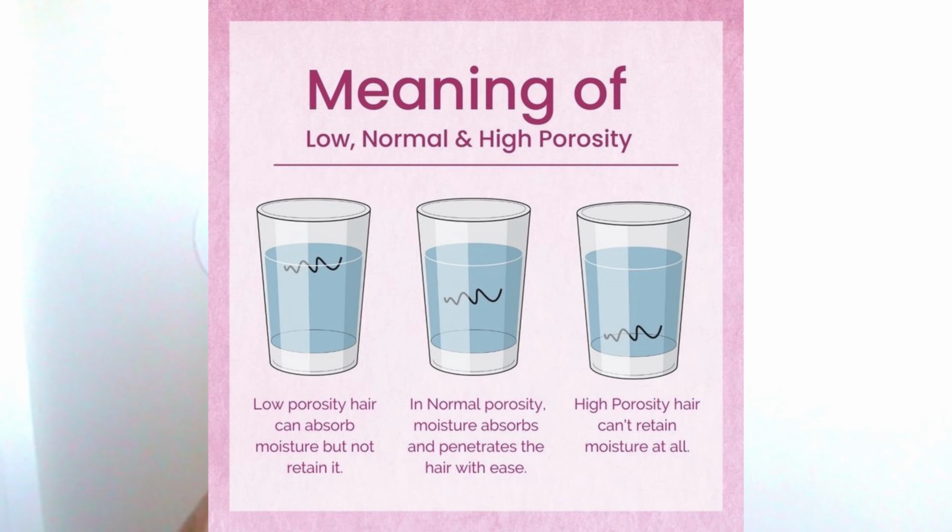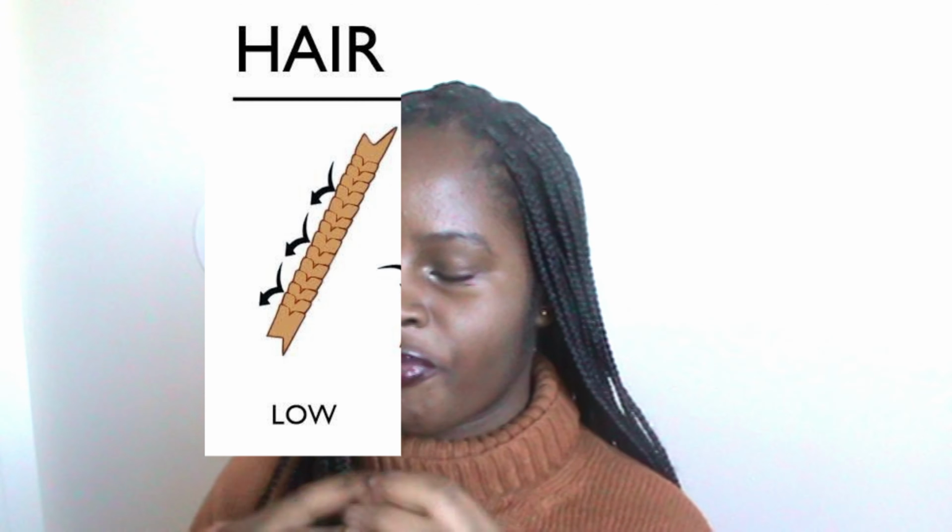As I said before, you have low porosity hair, medium porosity hair, and high porosity hair. If you have low porosity curls, then these cuticles are packed together very tightly. You don't want water to go in, but water will still go in, but it won't go to the amount your hair needs. It will just restrict your hair from water or liquid or whatever you're going to put on your hair. While low porosity hair can be a little tricky, it naturally repels water, oil, and products, so you have to work extra hard to get those products to penetrate the hair shaft.